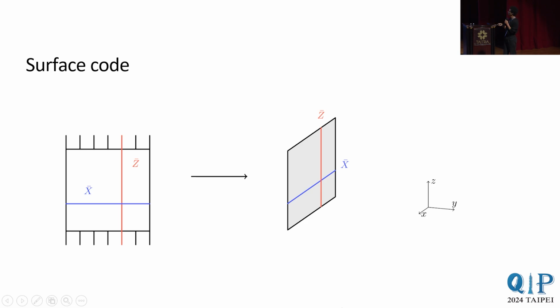That's quite straightforward, but as a bit of notation, we're not going to represent the rough boundary. It's just going to look all smooth all the way around, but just remember that this is a rough boundary, this is a rough boundary, and these are smooth boundaries, and so you have those Z and X